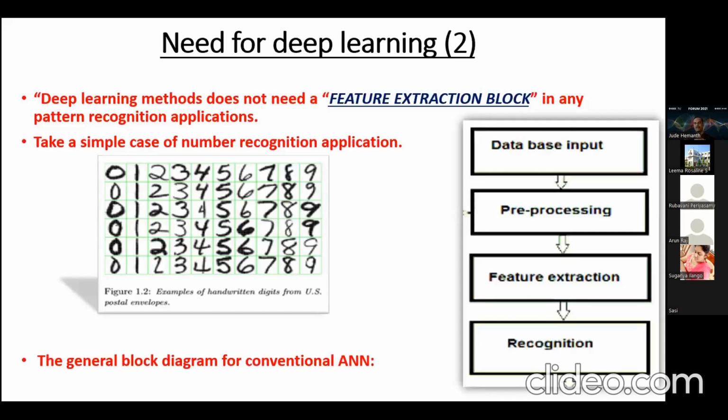We have a block diagram. Most of the researchers, if you have already worked in that, you must be knowing this. You have an input database where I will give all the numbers, and if there are some noises, I will remove that using pre-processing. Then there is a crucial block called feature extraction, where I convert my real-time input